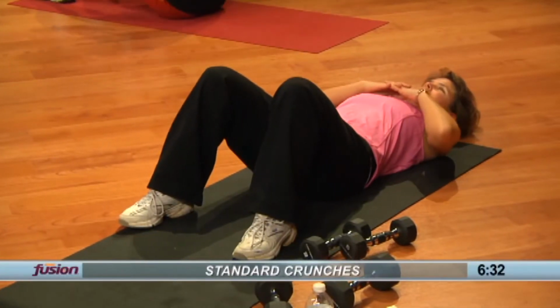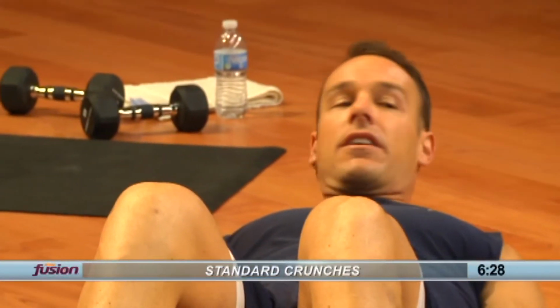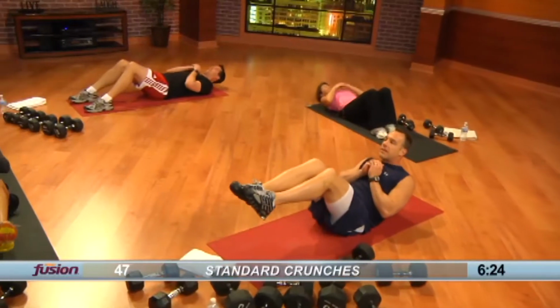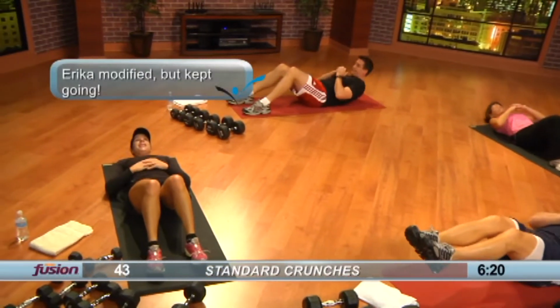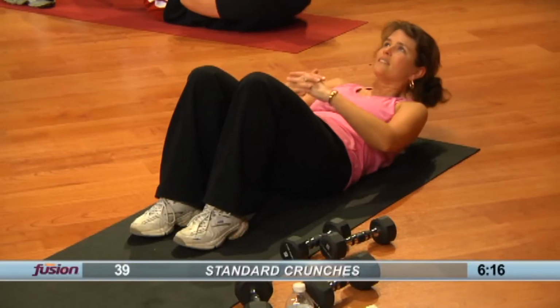Again, keep your feet flat on the ground, your knees bent if you want to in this exercise. Otherwise, you can follow Eric and I and do a full crunch. Here we go. Everybody up. 1. Pick a number in your head and do it. 3, 4. Keep your feet down then, Eric. That's good. 5, 6, 7, 8,